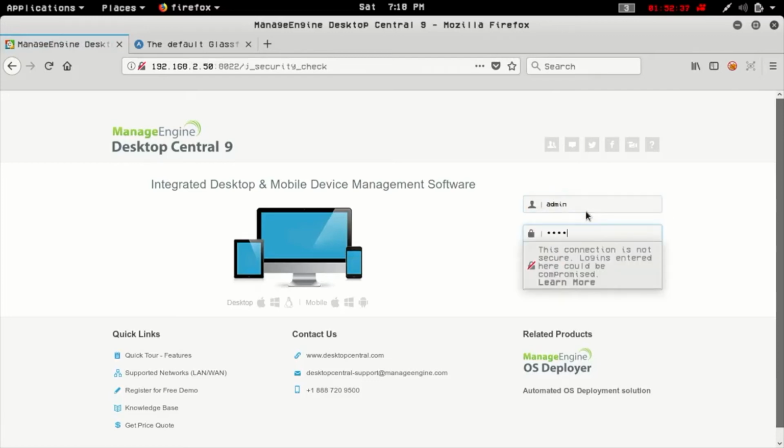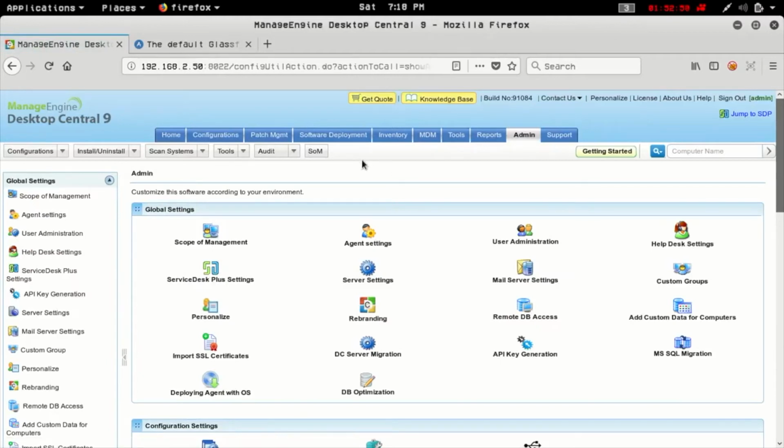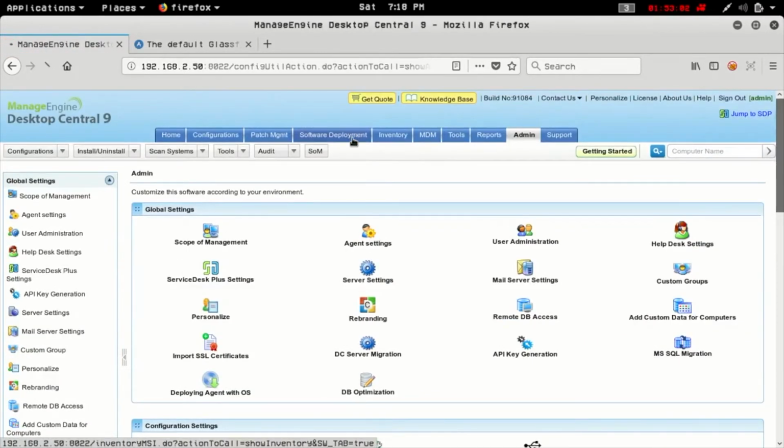Admin. Okay, I don't know why that didn't work the first time. That was weird. So default creds worked. Admin. Cool. So we should be able to get a shell from here, honestly. But really, you don't even need to be authenticated in order to do this. But I think now that we are authenticated, we may be able to